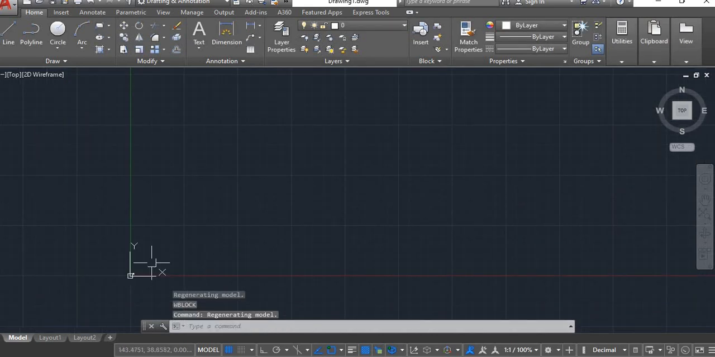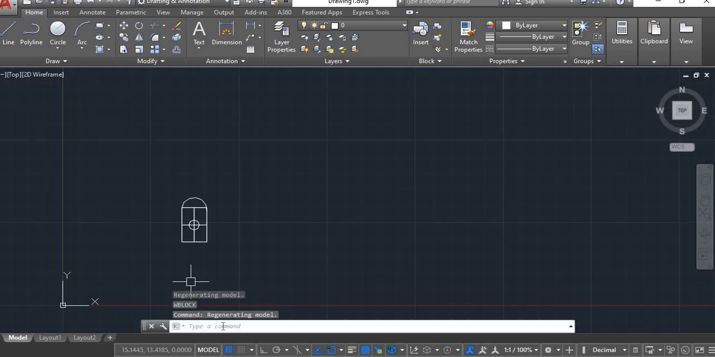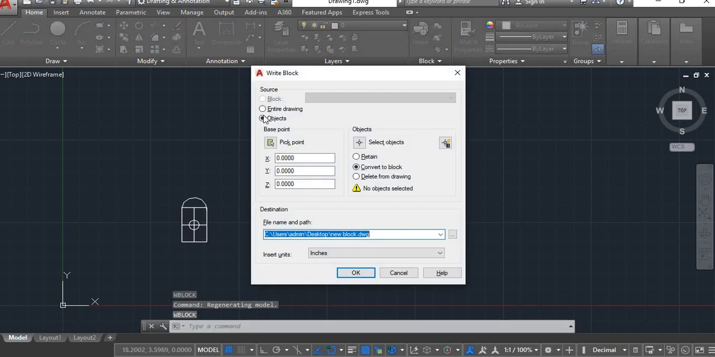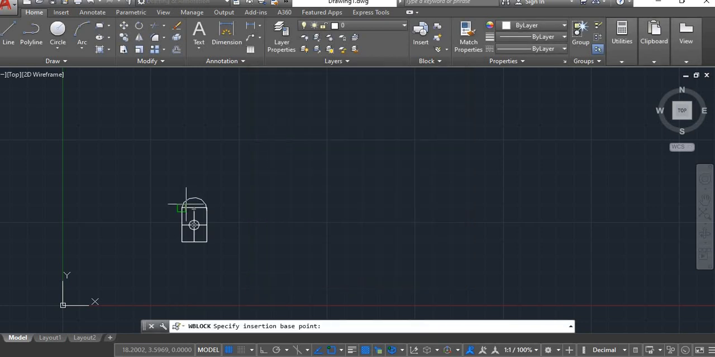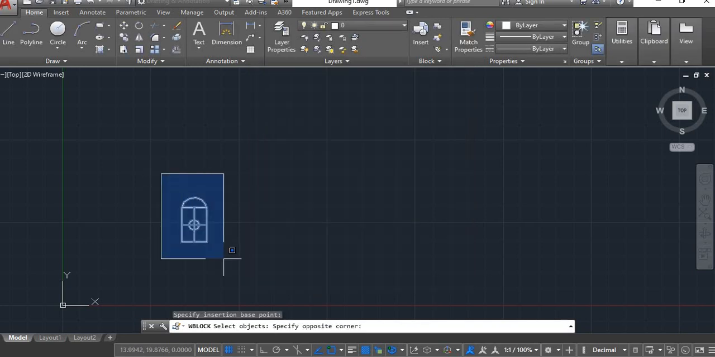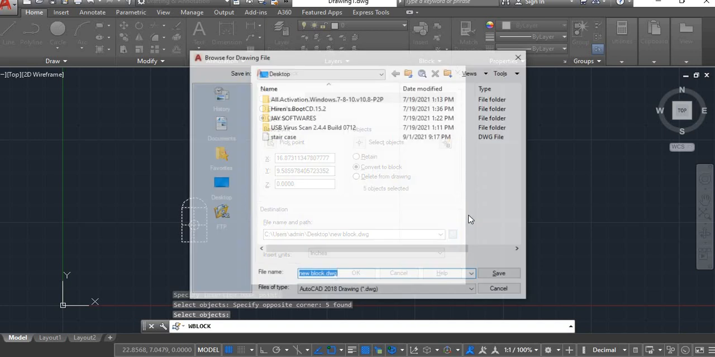Before going to write block, create one object. I will create a door. Go to the command line, type WB and then enter, and go to Pick point, select the base point, select the object and then enter, and select the path